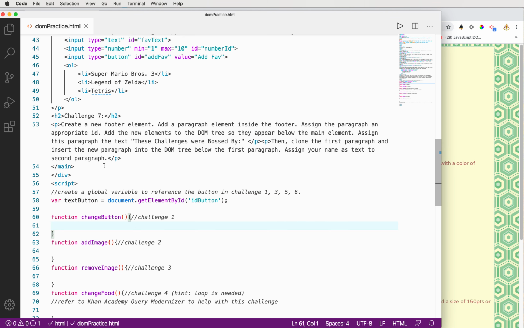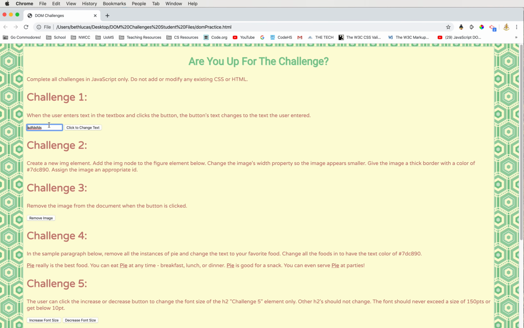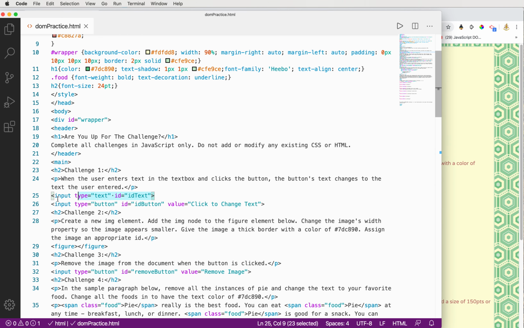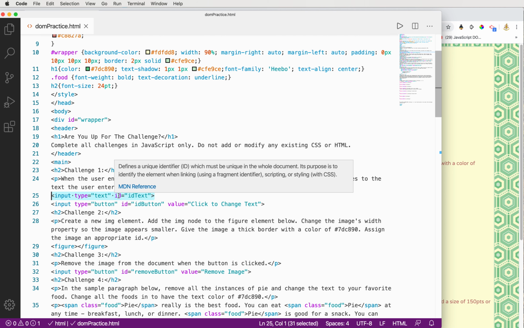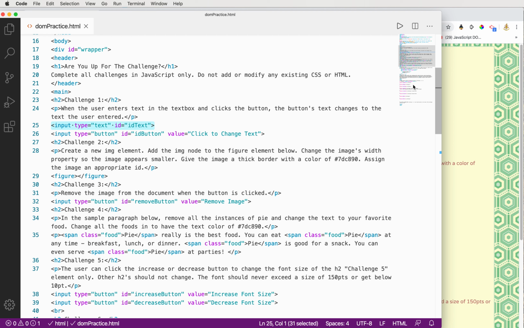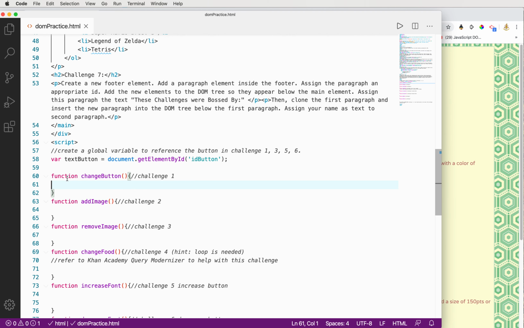Now, we need a way to access what the user types in this text box. So we have to get to that text box in some form or fashion. This is an object that we can address. It is in our DOM tree, so we just need to know some information about what that looks like in our HTML. If we go to our HTML, we see that we have an ID called idText. Well, we know automatically if we have an ID, one of the easiest ways to get to it is with getElementById. So let's scroll on down to our code section, and in our function change button, we are going to create a variable called userText